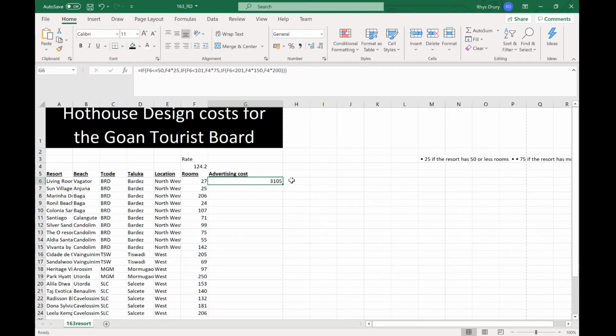Okay, so let's check. If I break it down a little bit, I was checking the chat. We've got: if F6 is less than or equal to 50, times by 25. If it's not, if it's less than 101, times it by 75. If it's not that, if it's less than 201, times it by 150, otherwise times it by 200. So what should happen now is when I drag this down,